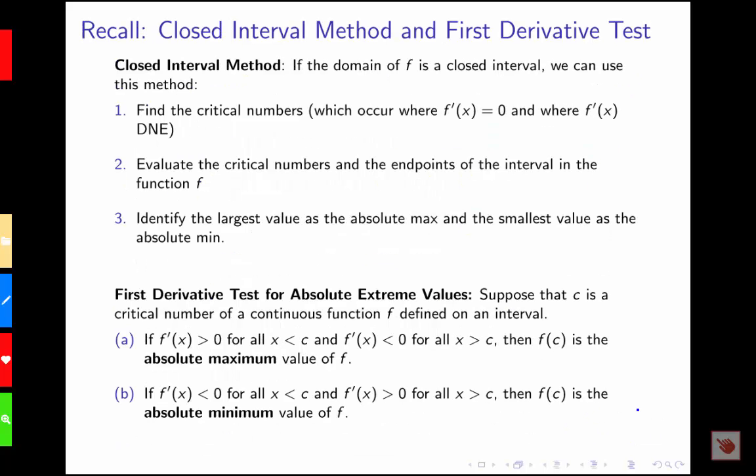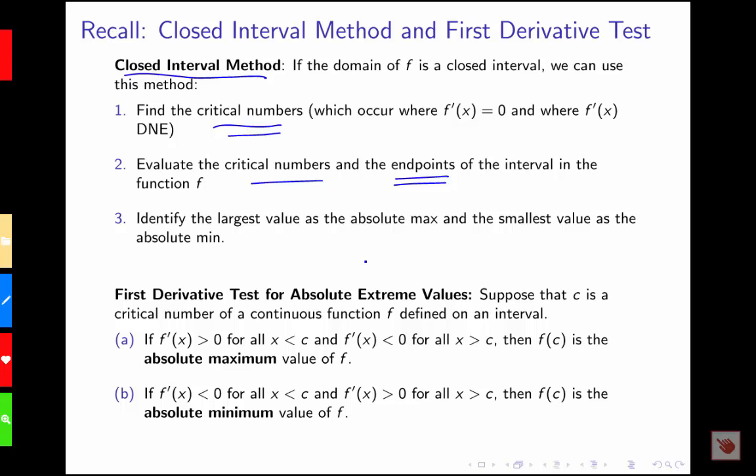So just to remind ourselves, what are these methods that we have that we're going to be able to use to find our absolute min or absolute max values? Well, we know that if we've got a closed interval, we can use that closed interval method where we go about finding our critical numbers and then evaluating those critical numbers in our original function as well as the endpoints of the interval to identify which one is the largest value as our max